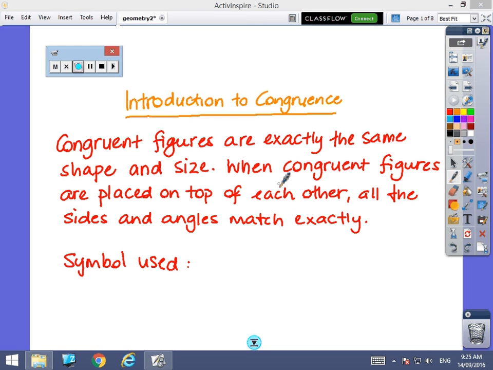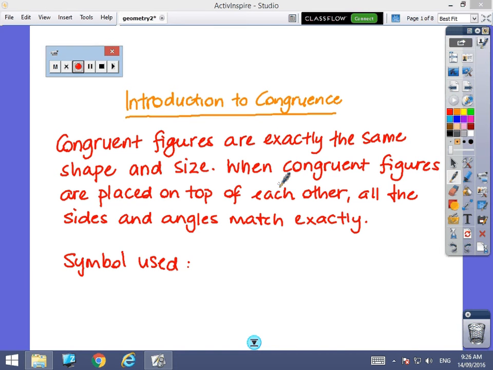Morning. We're going to do an introduction to congruence today, and hopefully you have some familiarity with congruence from year 8. But basically that tricky sounding word congruence just means that two figures are identical. They are exactly the same shape and size. They could be in different orientations. They may not look congruent at first, but if we move them by flipping them, rotating them, reflecting them, and we could place them on top of one another, we would find that all the sides and the angles match